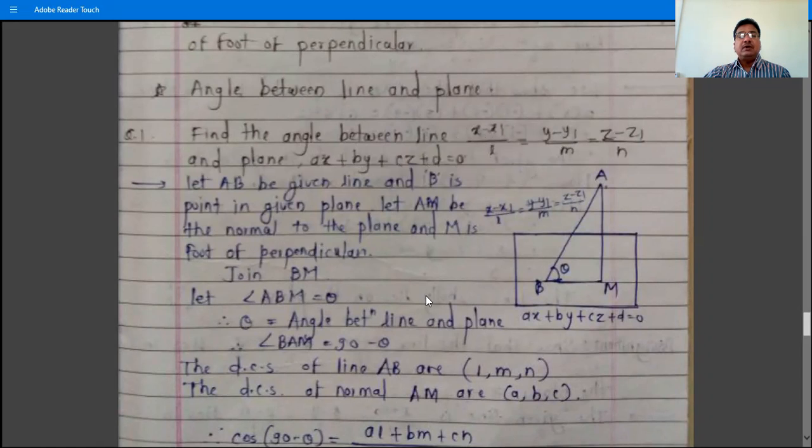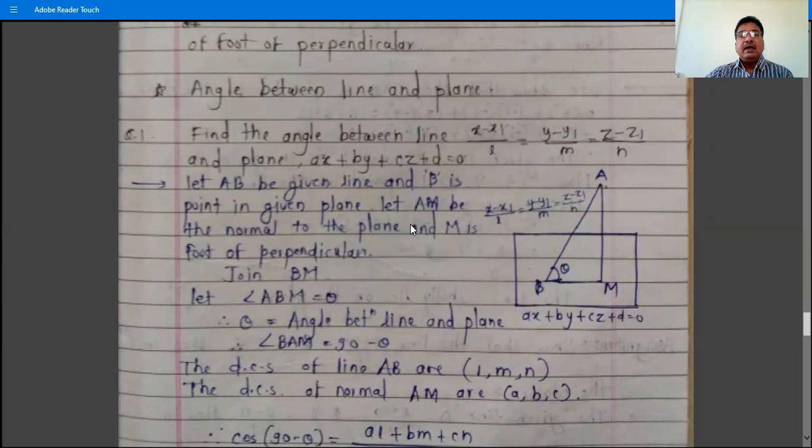The previous two topics are what? Angle between two lines and angle between two planes. So the formulae for angle between two lines are what? In terms of direction cosines, cos theta is equal to L1 L2 plus M1 M2 plus N1 N2. And in terms of direction ratios, the angle between two lines is theta. Then cos theta is what? A1 A2 plus B1 B2 plus C1 C2 divided by root of A1 square plus B1 square plus C1 square, into root of A2 square plus B2 square plus C2 square. These are the formulae to obtain the angle between two lines.